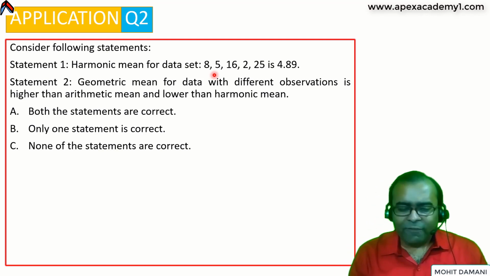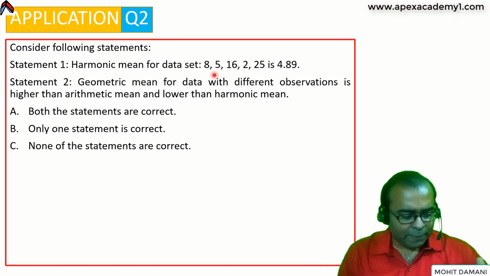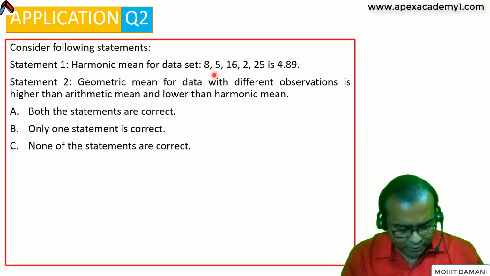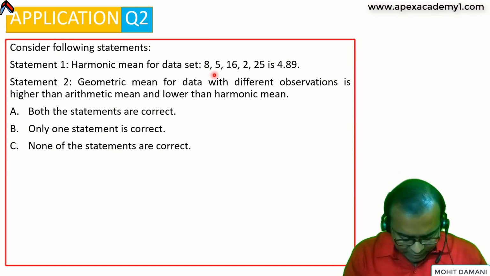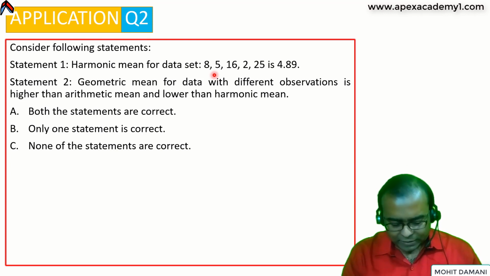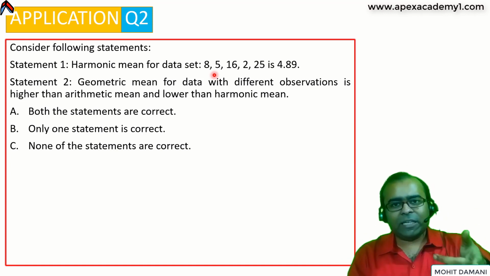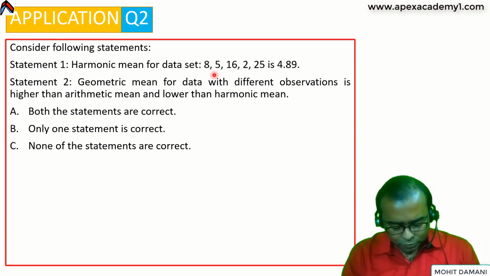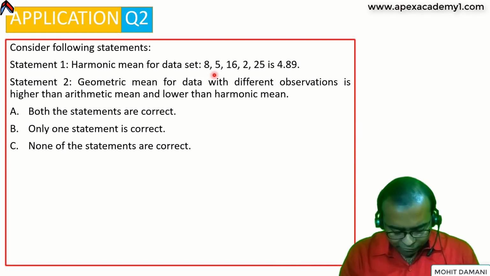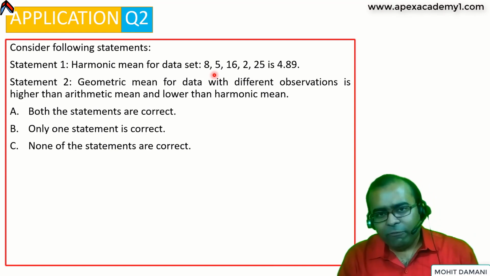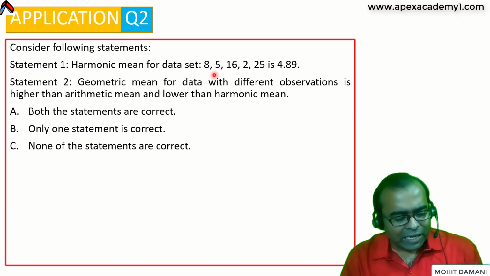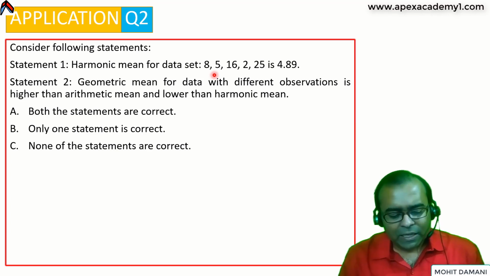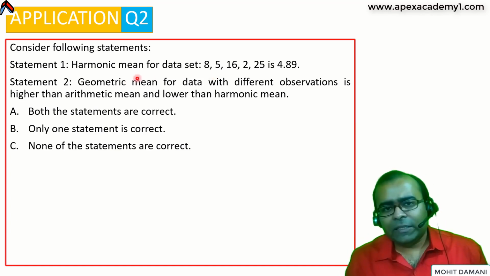Okay, now what I have to do is multiply it by 5 by something. So it's 5 by that number. Let's inverse that, 1 by x is there because we are dividing. So if I inverse it, it comes to multiplication format. So 1.03 into 5. I am getting 5.15 as my harmonic mean. However, the answer is 4.89, which is incorrect. So this statement 1 is incorrect.